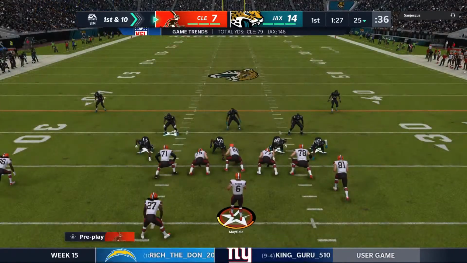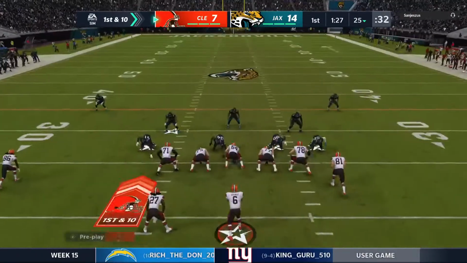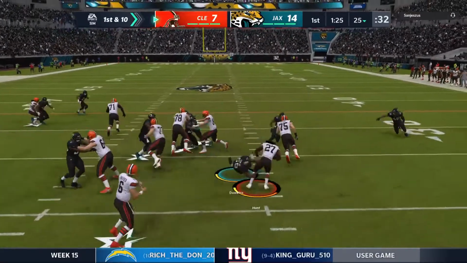The Browns drive about to get started. And on the last go-around, they really couldn't get anything going. They had to punt from deep inside their own territory, which means...